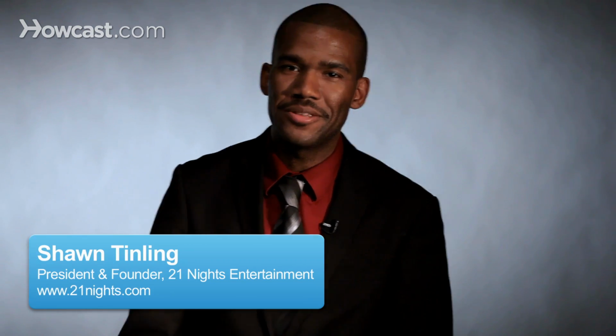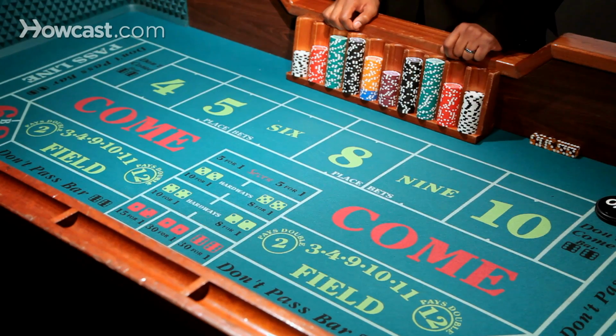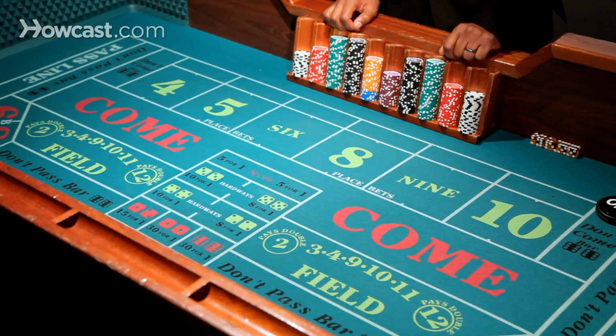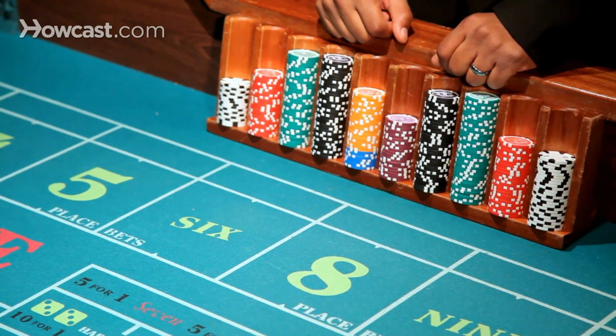I wanted to go over the 22 inside method of craps. I won't call it a system because that implies that it works all the time, which anybody who tries to sell you on a system is probably lying to you. But this is a method. It actually works pretty well for me, and it's one that's designed for players to capitalize off of what